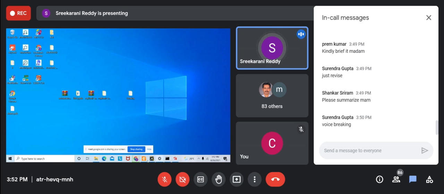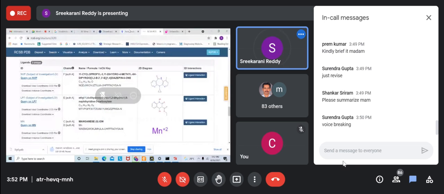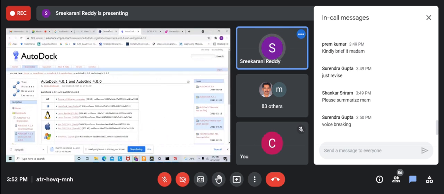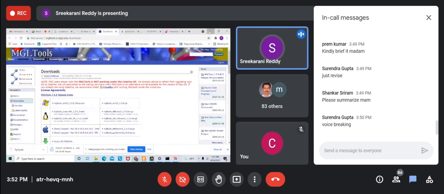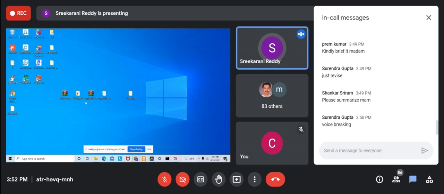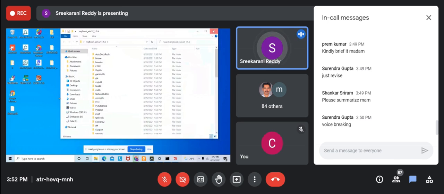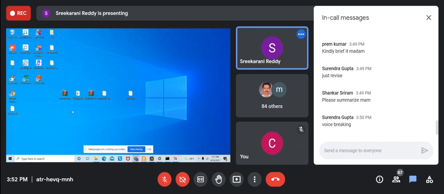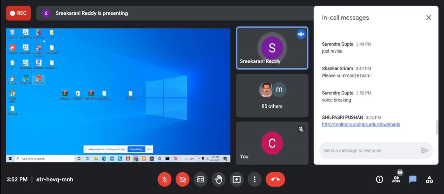First we download the Autodock tools, and we have downloaded the MGL tools. This is what we sent in the mail in a zip format. Once you unzip it, you will see all these things, and you can run as administrator and proceed with the tool. Once installed, you will get Autodock tools, CAD and PMV. If you are still facing any problem in the installation, my colleagues will help you out if you give your AnyDesk ID. From here onwards, I'll be starting.